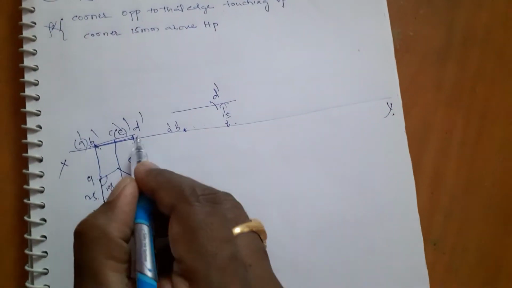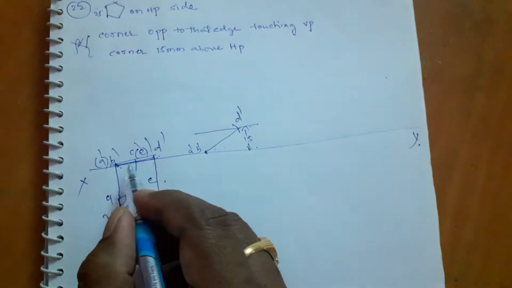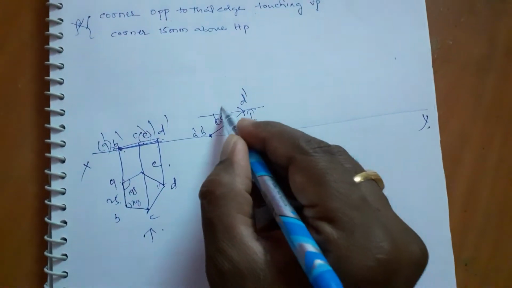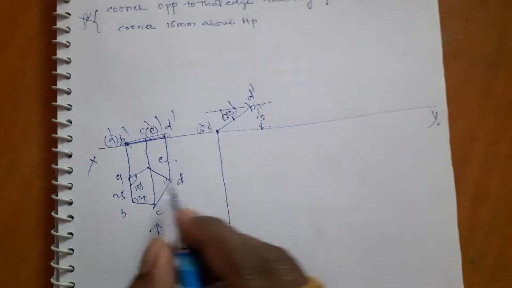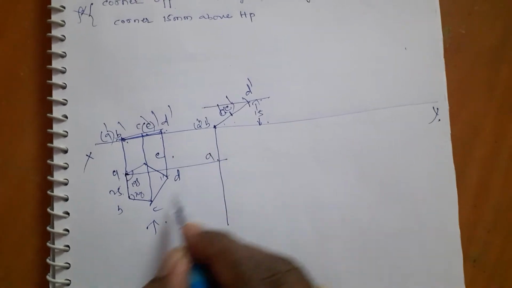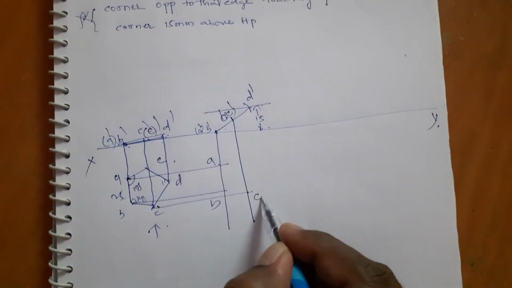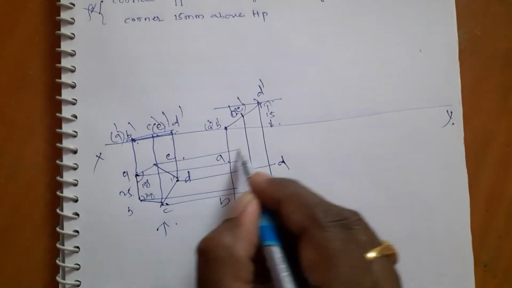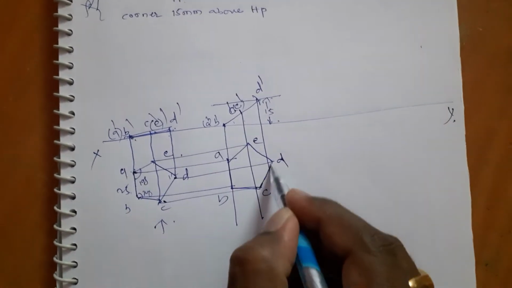Measure this one. As I said, draw this one. Once again measure from here to here, that is point transformation. C dash and E dash. E dash bracket, A dash bracket. Take a projection downside: A, B, C. Don't hurry, take it easily. C, D, and E. Then join A, B, C, D, E. This is what we got.